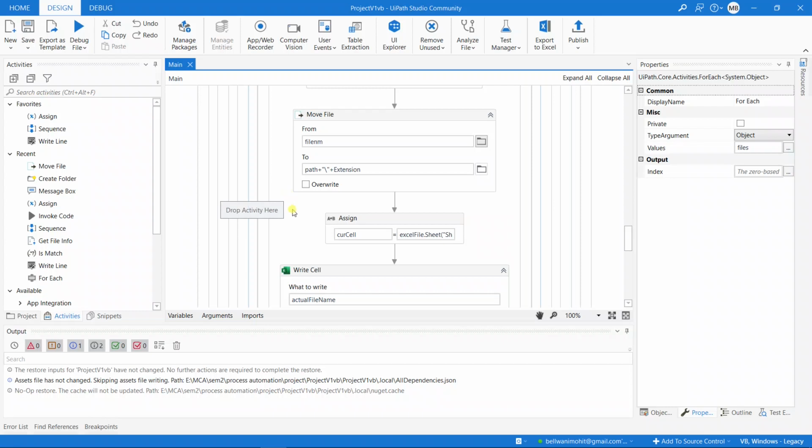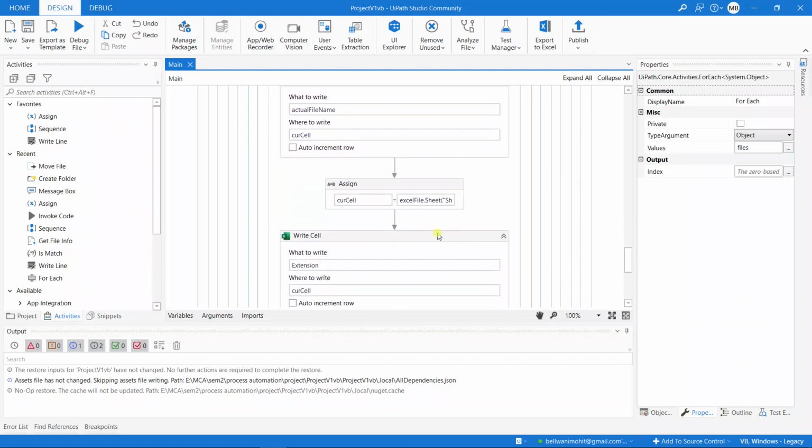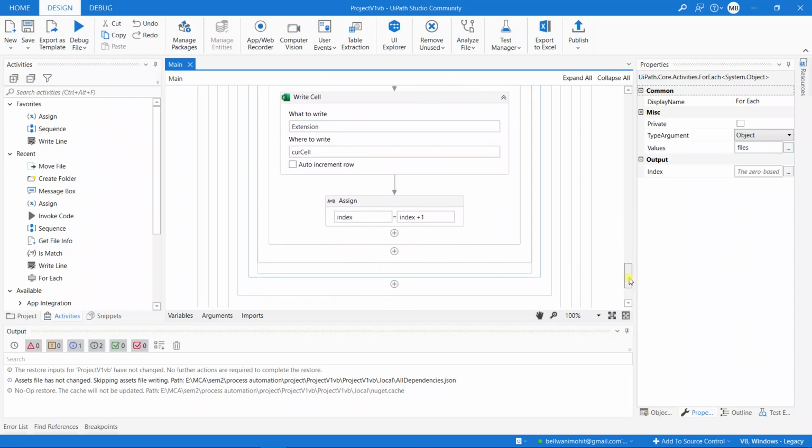The image file might have .jpg, .png, .jpeg, .gif or anything of that sort of extension related to images. So for each different type of extension, a folder is created, like a .jpg folder, and then we move that particular file into that folder.